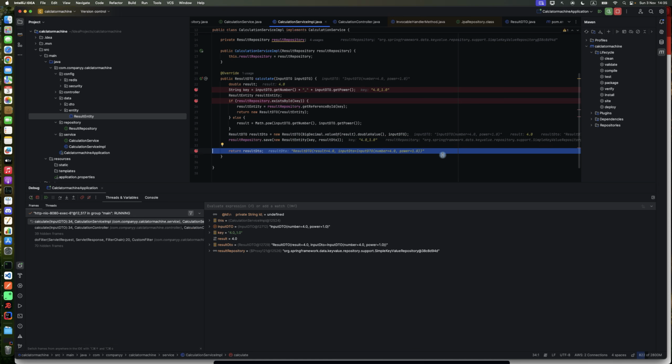And this trick we have done by concatenating the input right here and using it as a key for the ID in Redis, right? You can use this technique for many purposes,